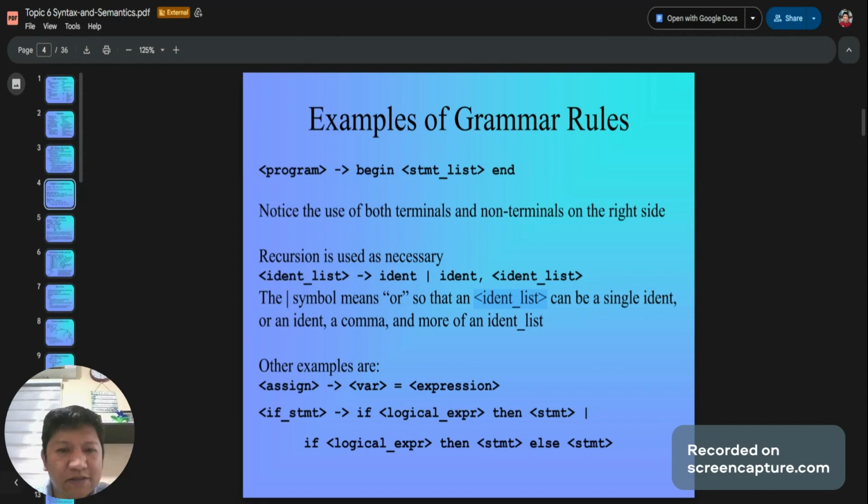Another example, assignment: variable equals expression. If statement: if, then the logical expression, then the statement; or if, logical expression, then the statement, else the statement.